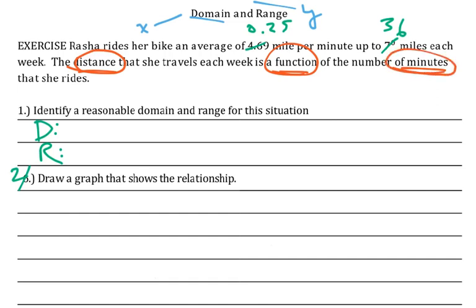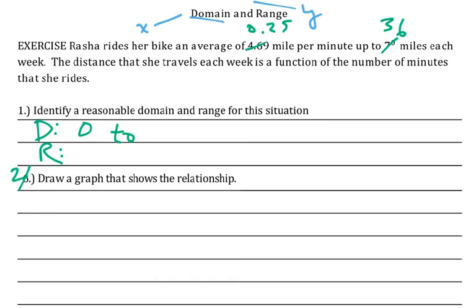But the other thing I'm probably thinking to myself is I'm very used to time being on the x-axis of a function. So maybe that, combined with the way that I would think about the wording of this, helps me realize that my time is the domain. Now, it's not like she's going to travel back in time in this problem, but she could maybe get injured and step off the bike and be like, well, I didn't get to ride at all this week. So she might ride anywhere from 0 all the way up to,